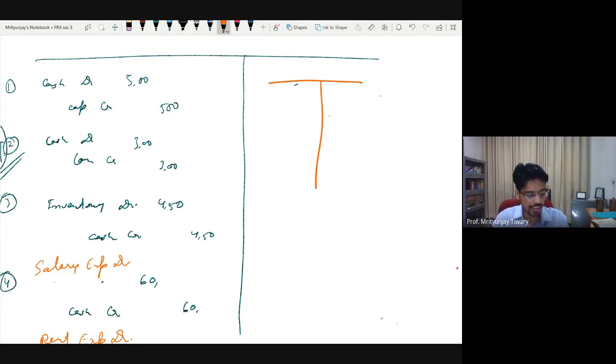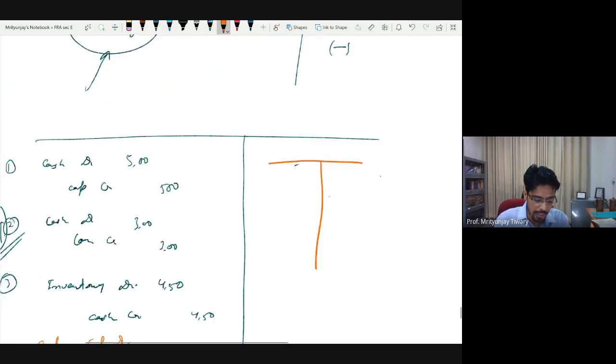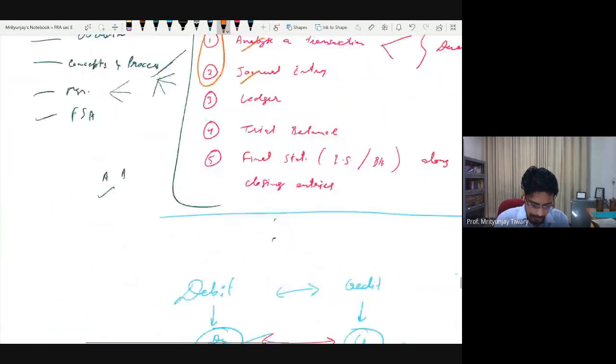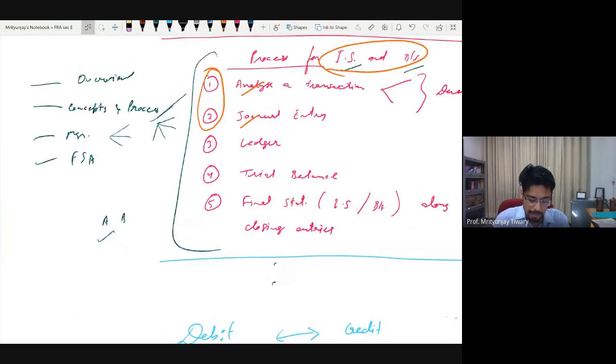Now, what are we talking about here? If you remember, when I gave you these 5 steps, which is here somewhere. Okay, here. If you remember, what did I say? So journal entries and analysis of transaction will happen every time a transaction happens. The rest of the 3 stages will happen after the year has ended.